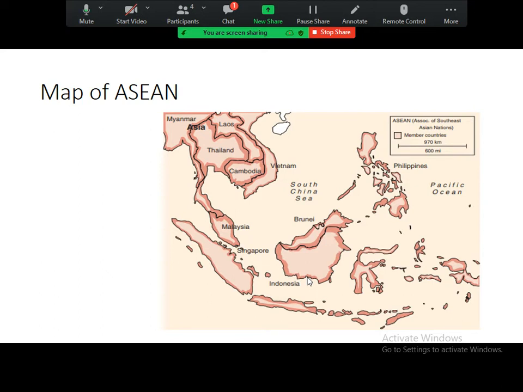ASEAN's top trading partners include Japan, the EU, China, and the United States. A few years ago, ASEAN officially acknowledged that broad common goals were not enough to keep the association alive. Although the member countries are geographically close, they have historically been divided in many respects. One problem was the strict need for consensus among the members before proceeding with any type